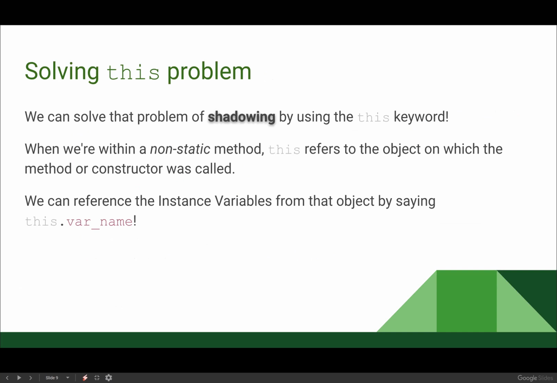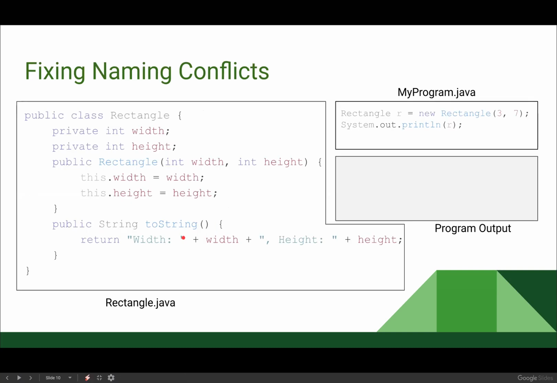So we can reference our instance variables or our methods within the object we're calling stuff on using the this dot whatever notation. So if I make a slight change to my code from before, if I say this dot width equals width and this dot height equals height,